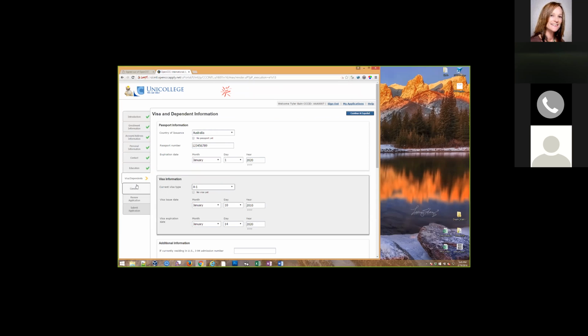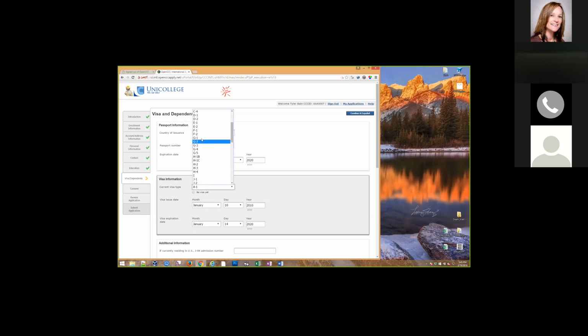Because if you are from any visa type, I apologize, Patty, if I'm mangling the business requirements around this, but if you have a visa type that's not an F1 or an M1 visa, you're not required to enter CVIS information as you go through the application. That's right. However, if